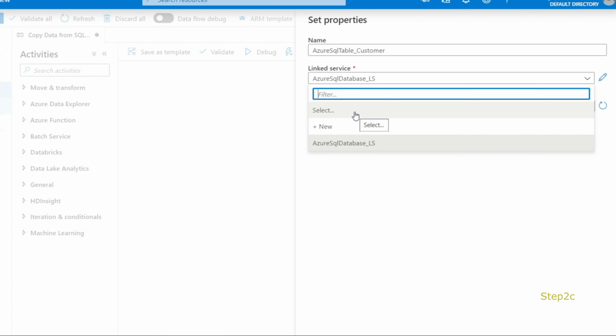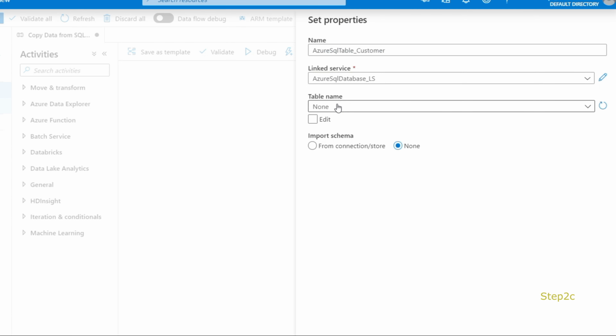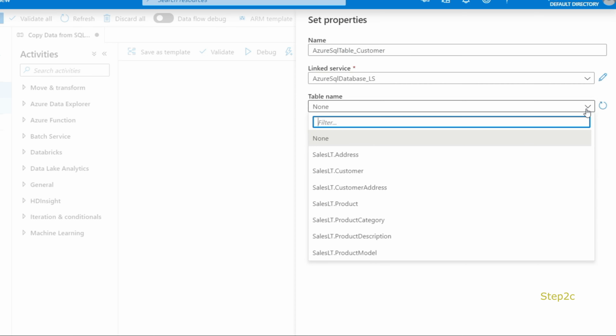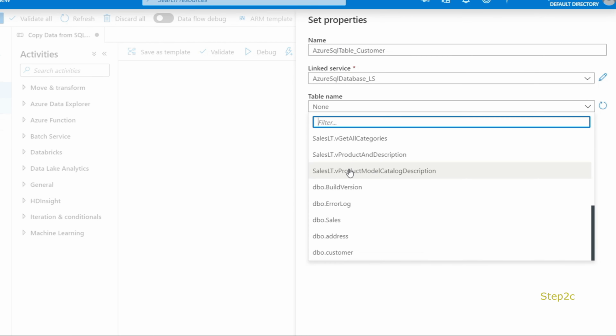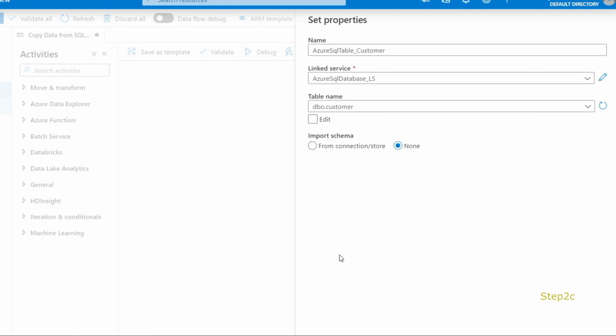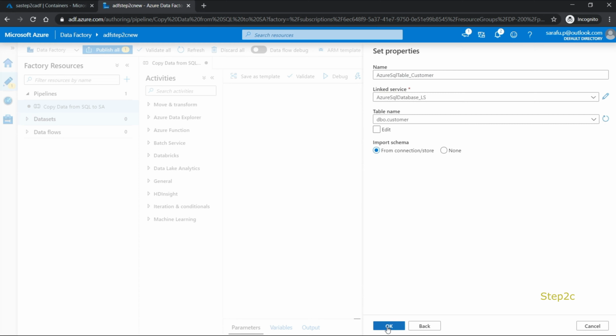Now we need to specify the linked service, so I'm going to use the existing linked service. Now we need to specify the source table. You could see we have multiple tables, and I'm going to use dbo.customer. Now click on OK.